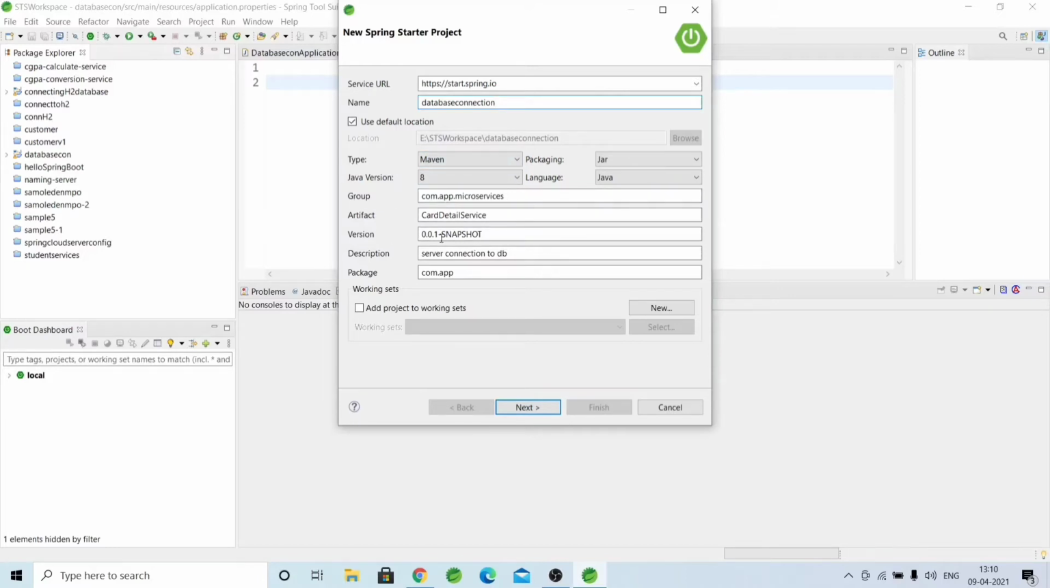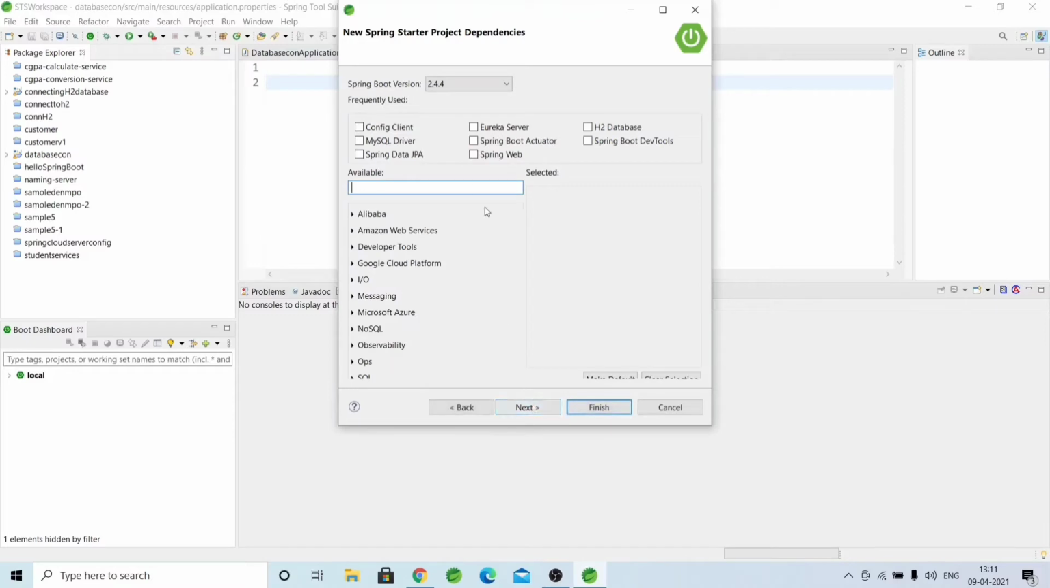Group and artifact ID will remain the same, and we already described our project over there, and it's a Maven project and we are using Java 8 version. And now we will click on next and see, because we can use this project for Java 8, 11 or 16. So here we will be requiring four